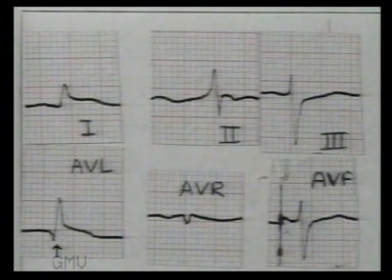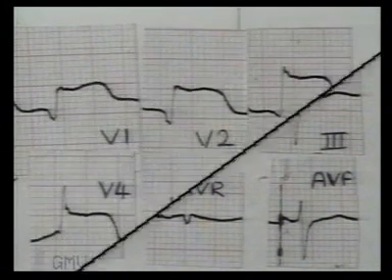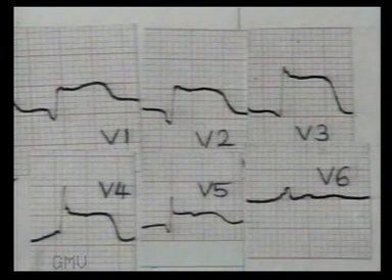Now come to chest leads. There is gross elevation of ST segments up to 7 millimeters from lead 1 to lead V5, suggesting a fresh anterior wall infarct. The T waves are upright, so it is less than 1 day old. Observe particularly in lead V5 plain ST elevation and a notch demarcating it from the T wave.